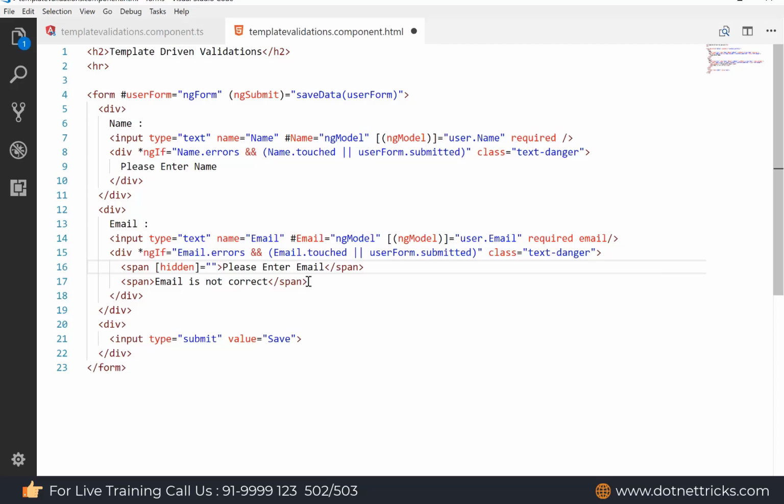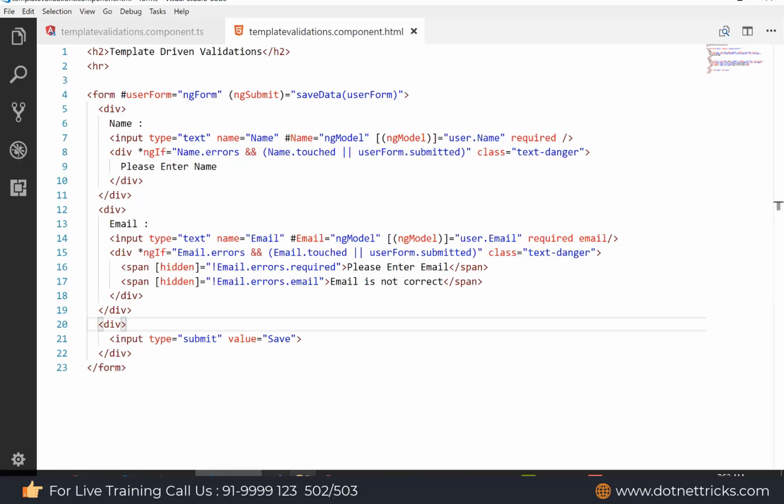Here just check whether we have the errors as required, like email. So just use here required. If it is required, then just use not equal to, because we have to show this error message in case of required. When it returns true, hidden will hide the element, but we have to show this one. So that's why I'm using not here, because in case of not we have to show this span. Same, just use it for email as well, like email is not correct. So in this way we are using two error messages.